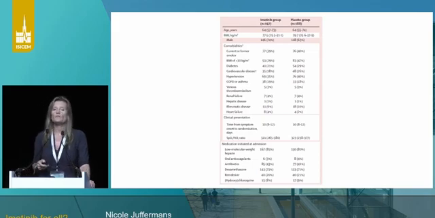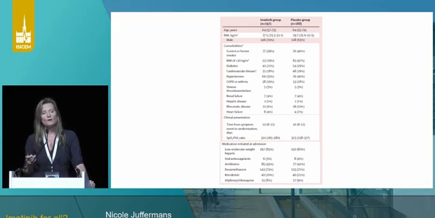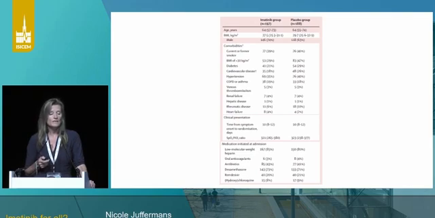Again, this was done in the first wave, so comparable to other studies, the standard of care differed from what we do now, in the sense that dexamethasone was administered to more than 70% of all these patients, but also some of them received remdesivir, and hydroxychloroquine was also given in a minority of patients, and none of them had received anti-IL-6 antibodies because we didn't know that at that time.